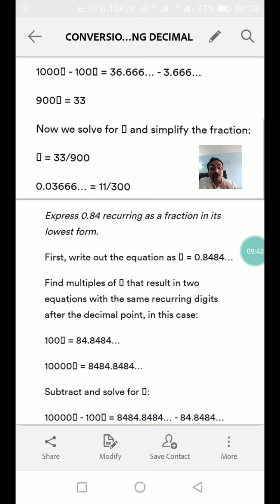Now, here two digits, 84, are repeated: 8 on the 10th place and 4 on the 100th place. Hence, we multiply the equation on both sides by 100 and you get 100x equal to 84.8484...